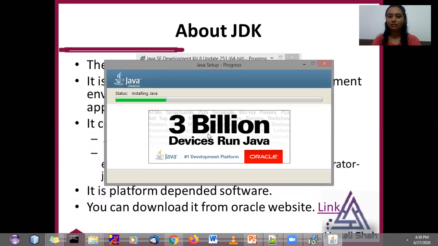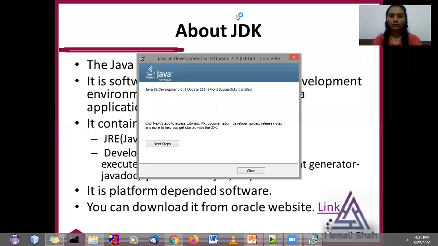So you will get this window, why Java is important, right? 3 billion devices are working on Java, right? So this installation is going to complete now. It will take some time. You will get this window, just press the close button.